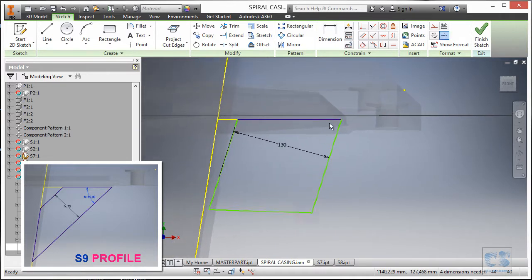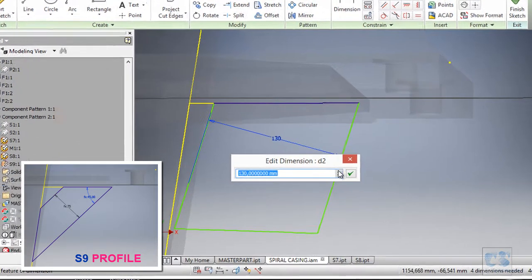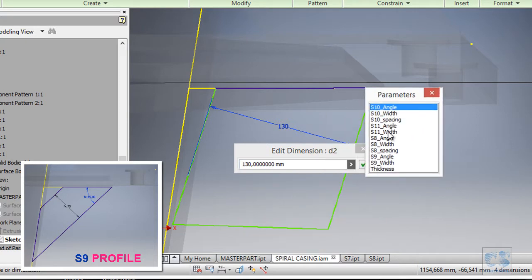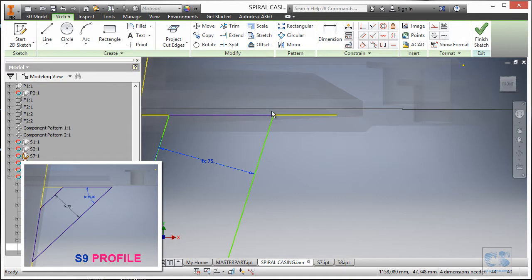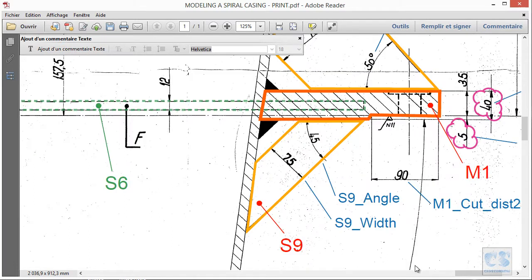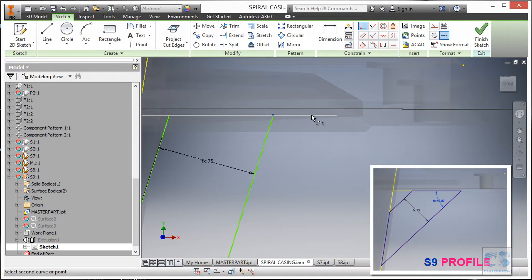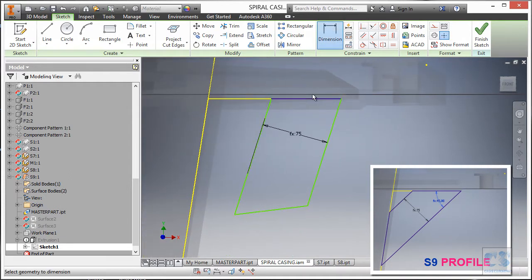We are close to the goal, and now this value should be, so this parameter, we want it to be the number 9 width, and for this endpoint we want it to be connected to this one. So connect constraint this to this, and we will add the angle again between this and that.